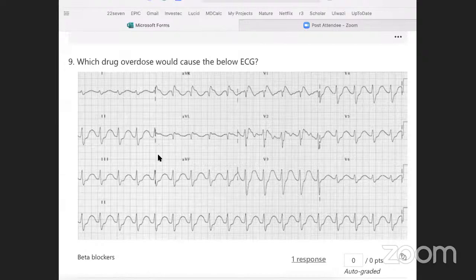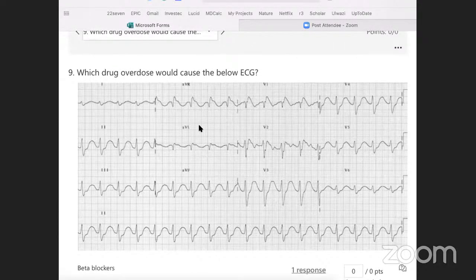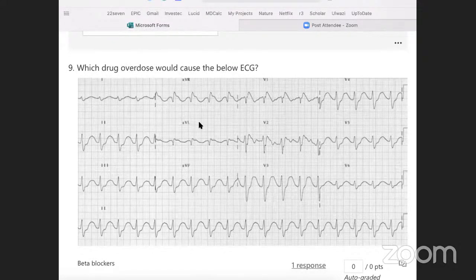So I don't really have an idea of what's cracking with my ECG, so I follow my normal approach, and then I can see what's abnormal is that I have this widened QRS with AV dissociation, and I have these very pronounced ST T wave segments, and I have an extreme axis deviation. And so I would then Google from a reputable source, and I would see a differential for what causes extreme axis deviation and ST segment elevation in AVR. And at the top of my list, tricyclics would definitely come up.